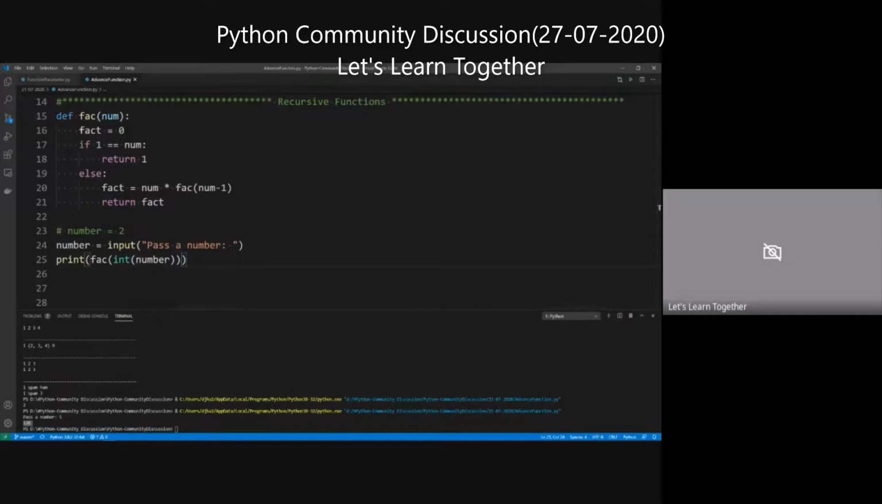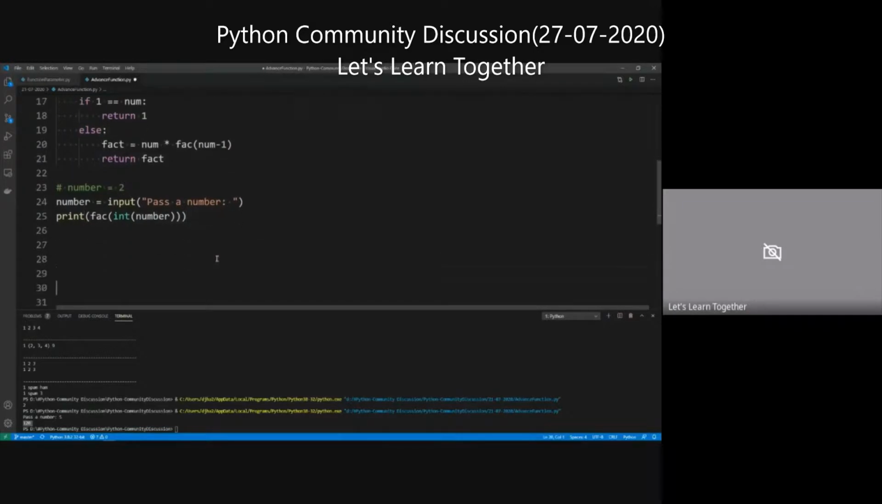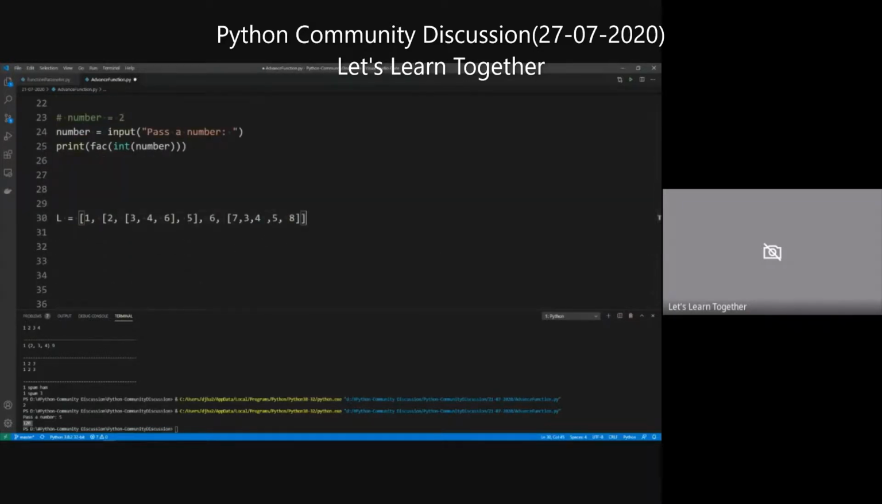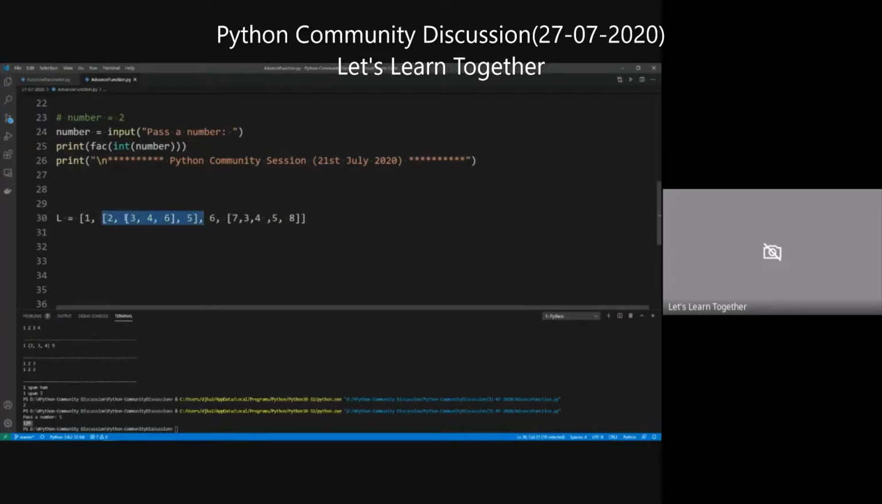So this is a recursion, and recursion can be nested. Okay, so let's see, we have this kind of list. If we have this kind of list where we don't know the depth of nesting, what is the depth of these nested lists, when we don't know,